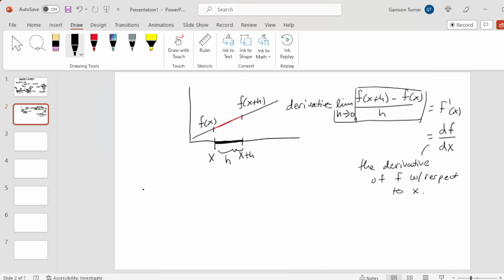So let's go ahead and make this f of x equals x squared. Okay, so let's see what happens if I take the derivative of x squared. The derivative df dx is going to equal f of x plus h minus f of x